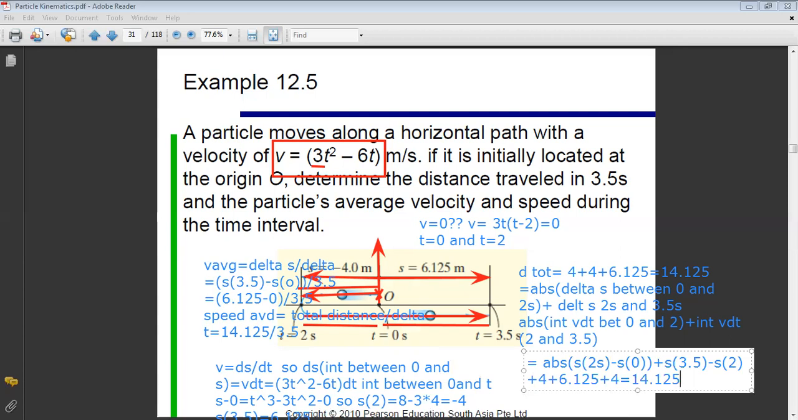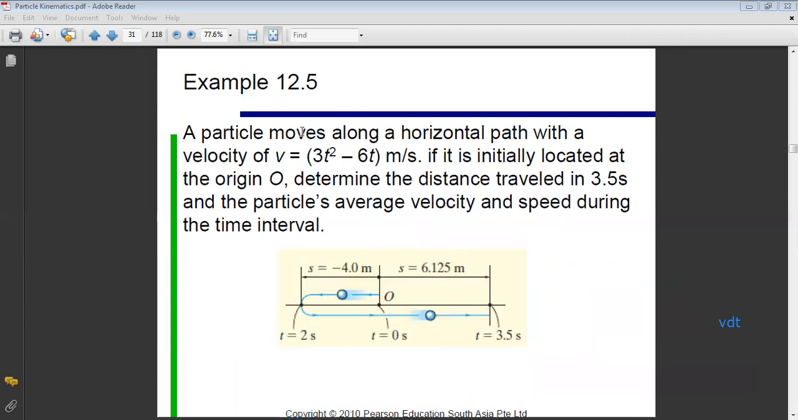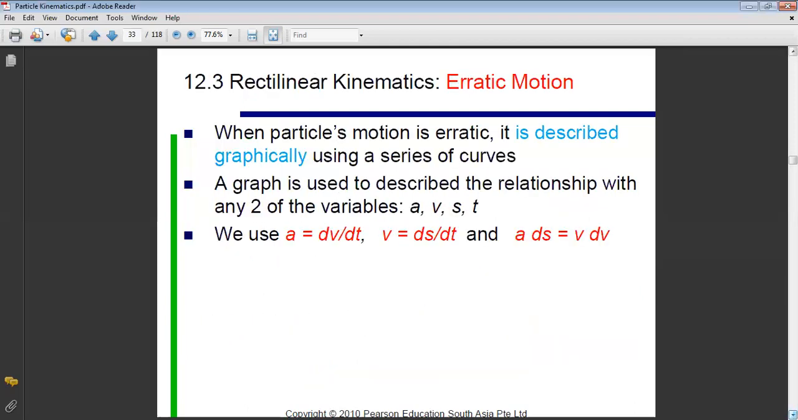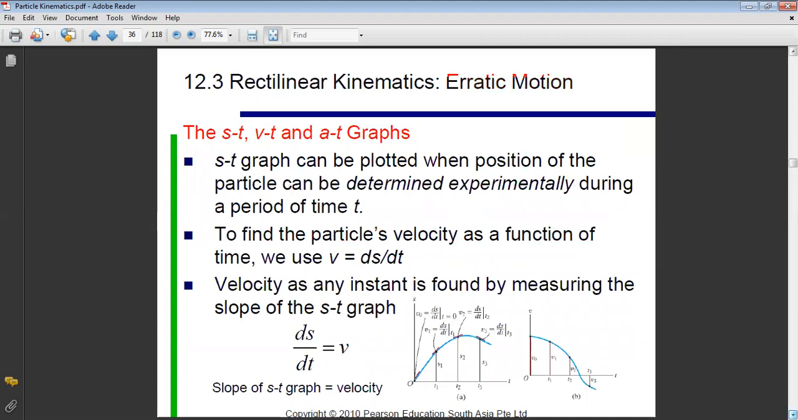Any question on this problem? Okay. So let us continue with another problem. Just before continuing this problem. Okay. So here we will describe